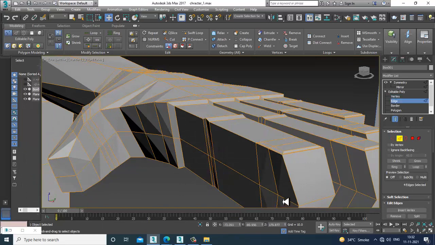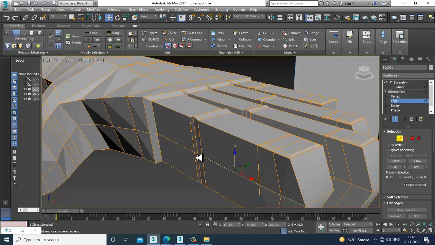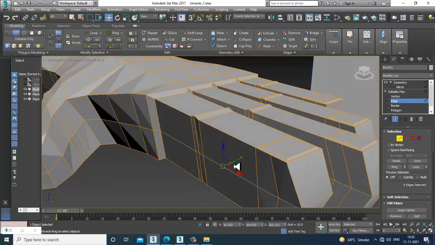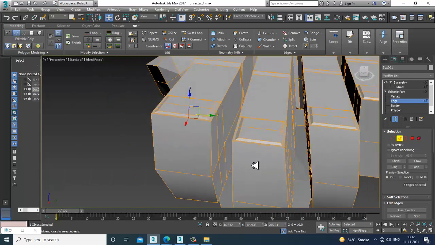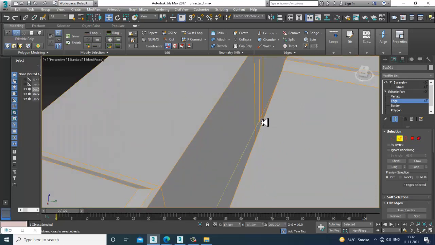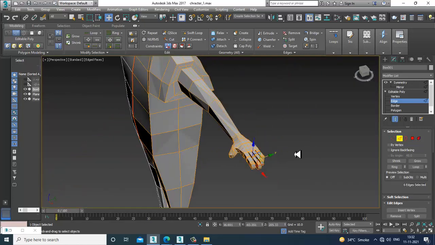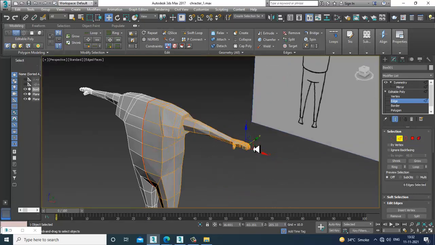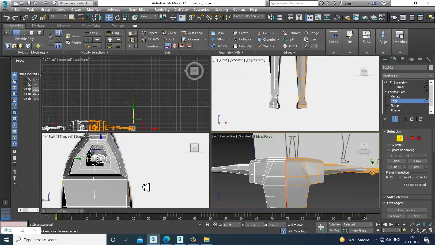Going to the edges, we can tweak these edges slightly. We can just push this out, select these edges. You can press Ctrl and select these edges. We are not going with much detailing for now.